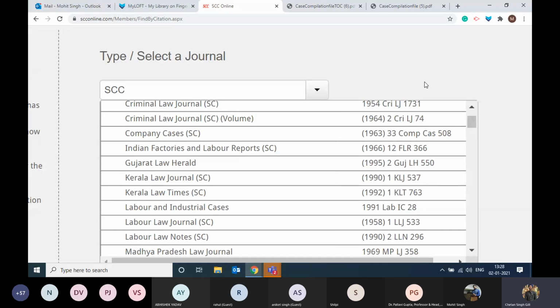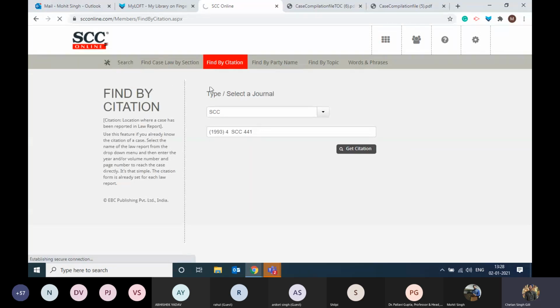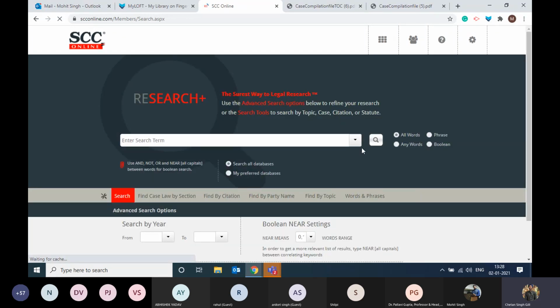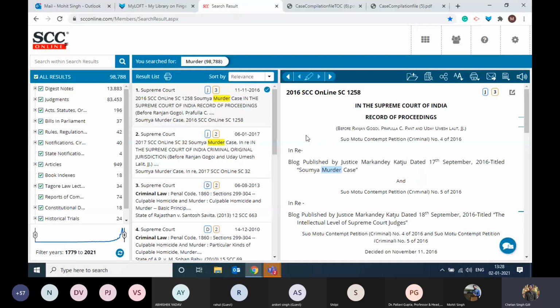Case compilation, you all need to understand, is a feature which helps you. Because most of you are in the first year, Mohit has given the other side of it, the nitty-gritties of case compilation. I'm going to take it to a basic level now.